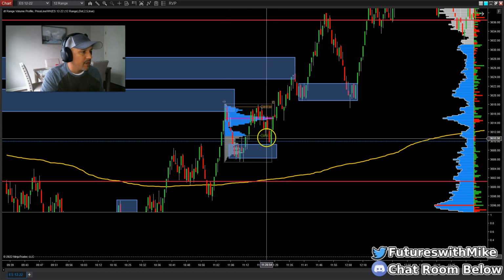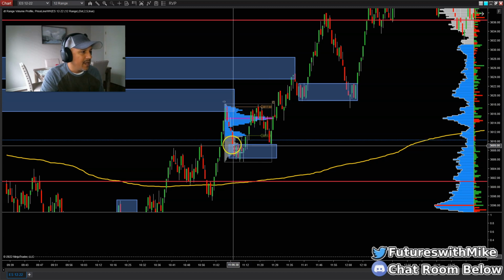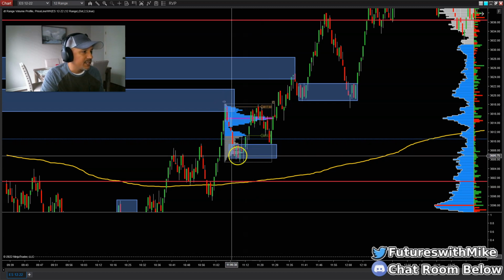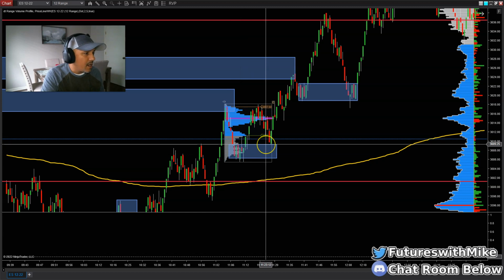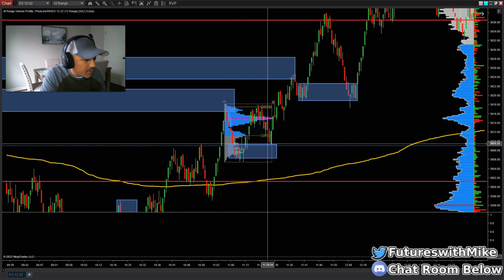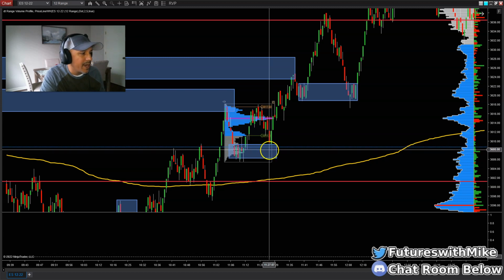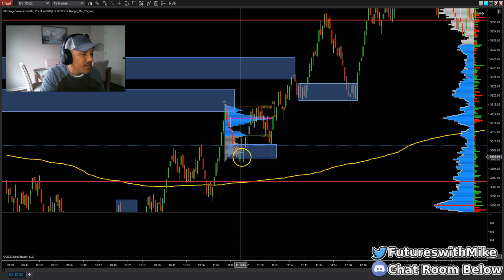There's liquidity sitting up here. Was a pullback, demand. I draw a little micro range profile. I see this area of volume sitting right here. Now, the only thing is that price in this case here, if you really notice it, you probably would be saying, oh, well, why didn't you wait for price to come back down to the bottom portion of this volume